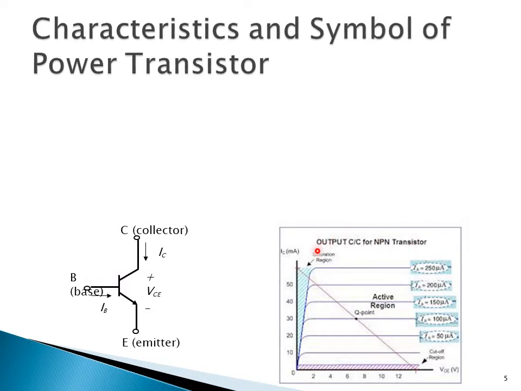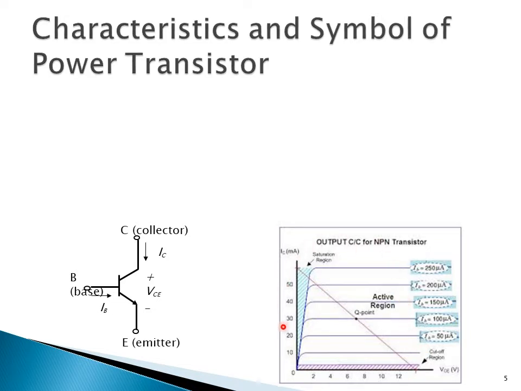Here we are interested in output characteristics, okay, and output characteristics means output terminals. Right hand side of the symbol represents your output, and the left hand side, that is the base emitter, represents the input. So if we are looking into the output characteristics, it will be the graph between IC, the collector current, versus the collector emitter voltage VCE, okay, and the controlling element will be the IB. Because transistors are current operating devices, for different current values we have got this particular graph.